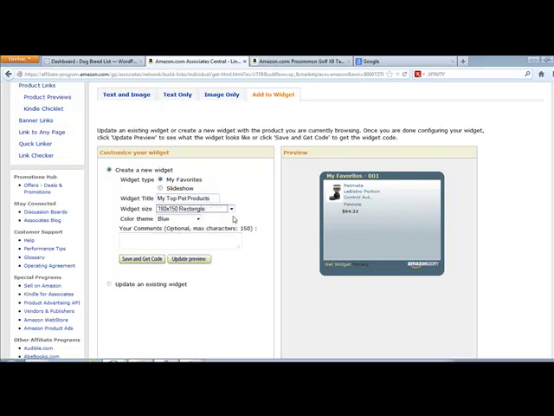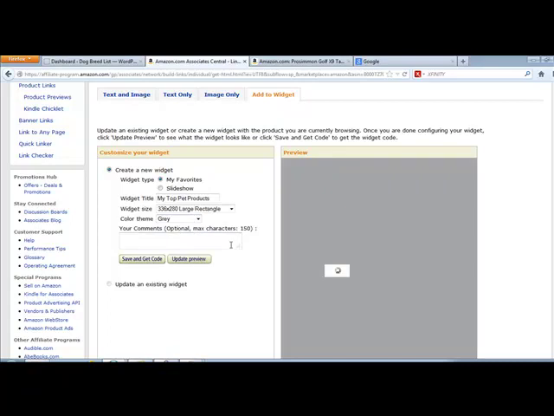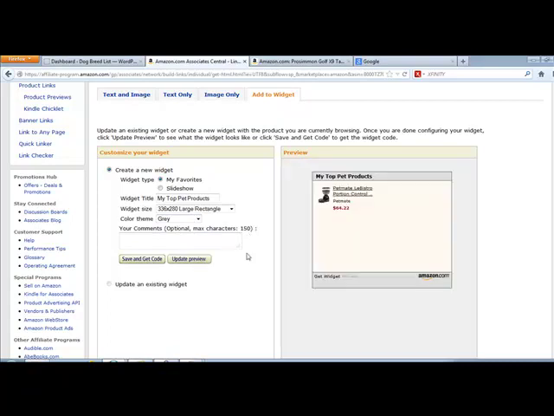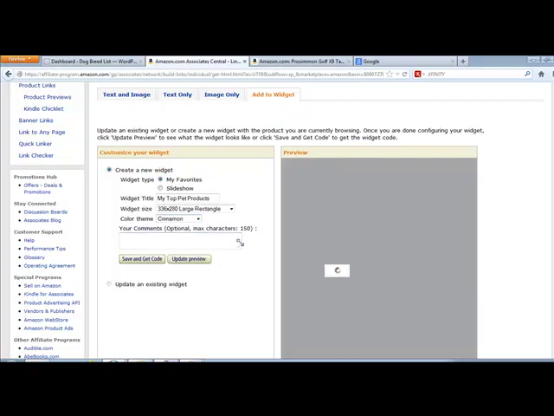You could have a small widget or a large widget size, and this is what the widgets look like. Color theme, you can go with gray, or there's other options. And we can update this preview here just to see how it's going to look. So there's the gray option, there's a cinnamon option,